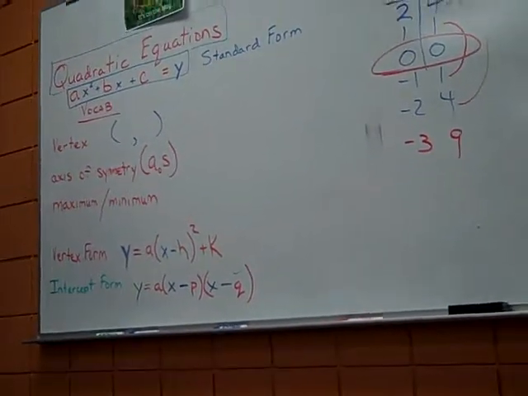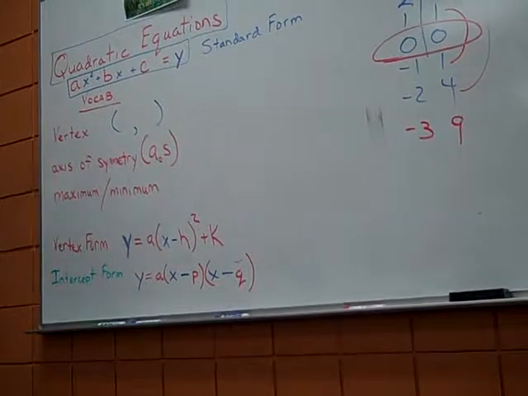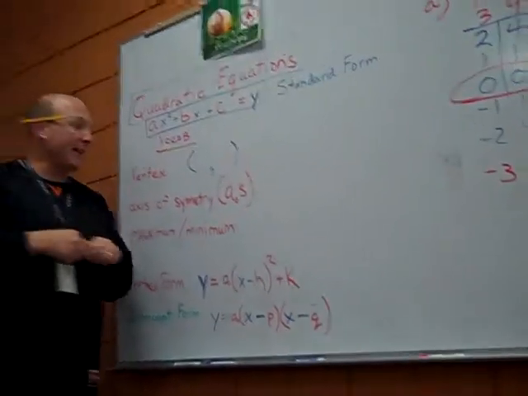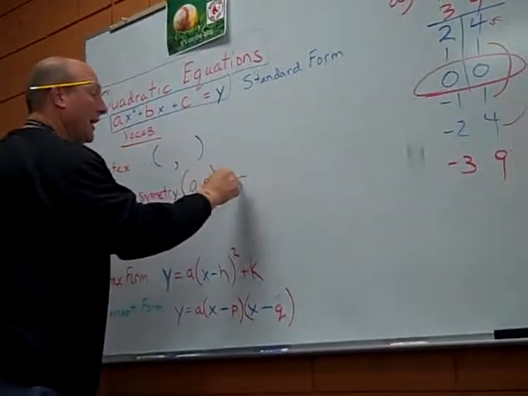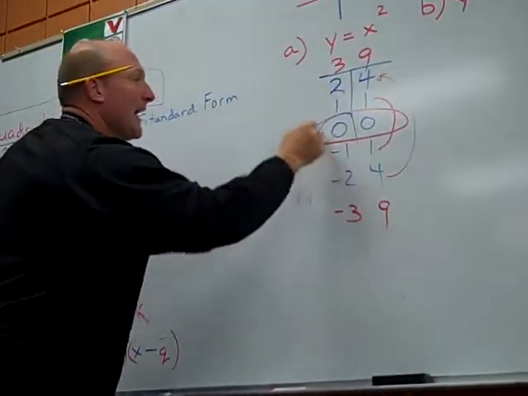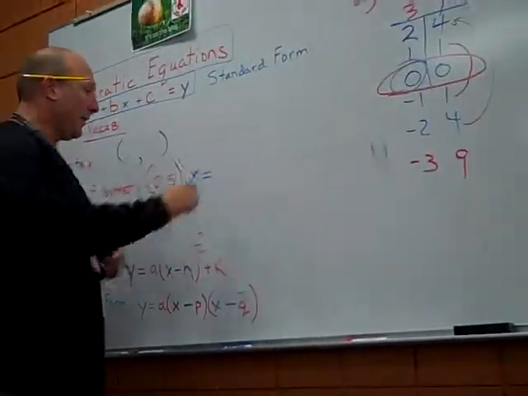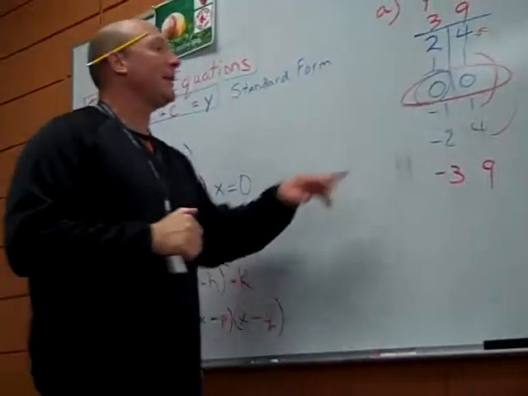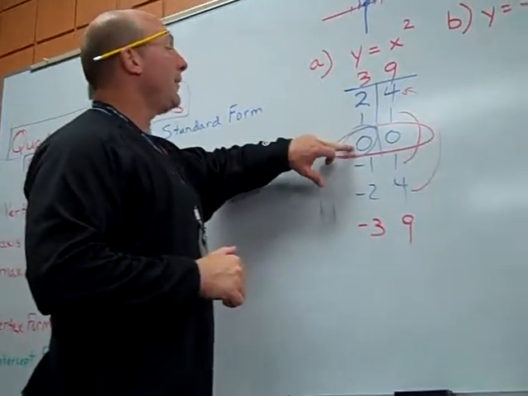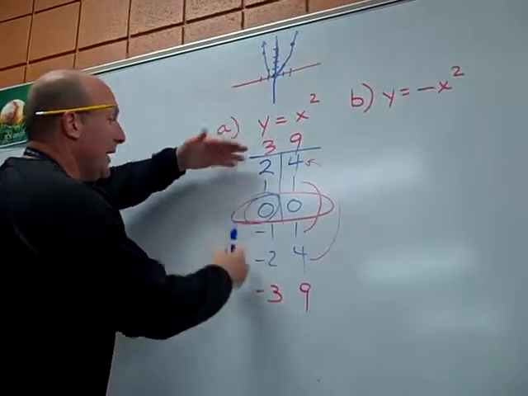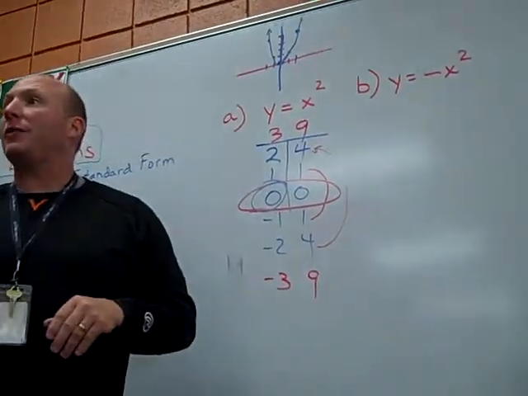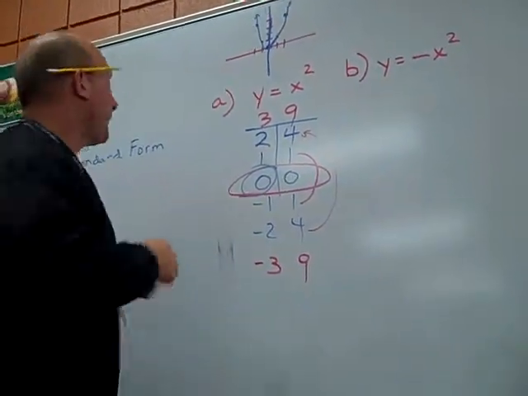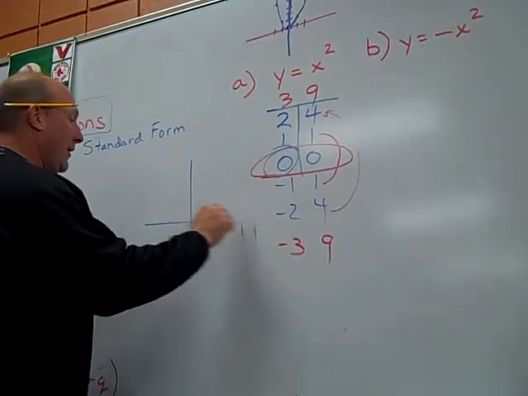All vertical lines, what do their equations look like? X equals. And in this case, what does x equal? 0. There's your vertex. It goes through your vertex every time. Also, your vertex is in the middle of your XY chart. So if I draw just a picture here,